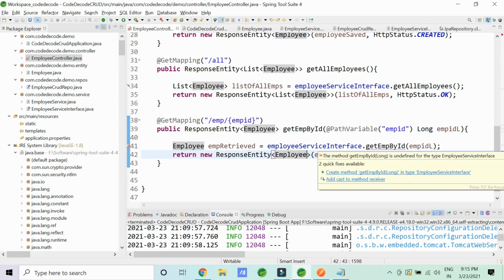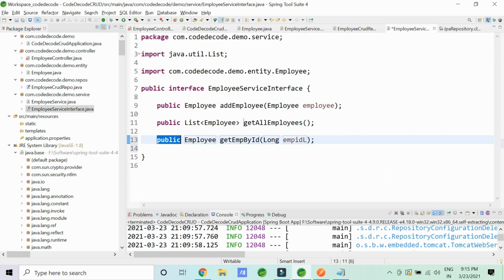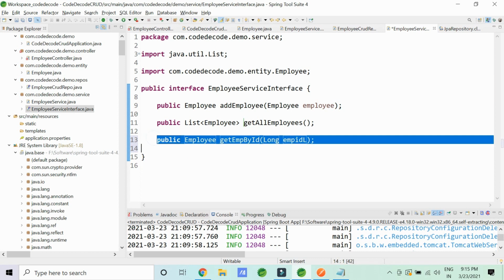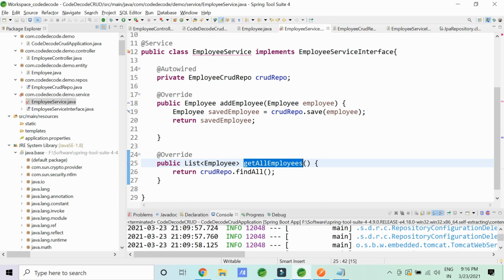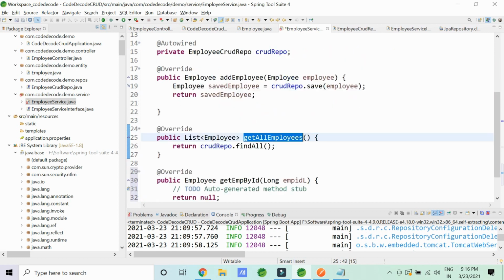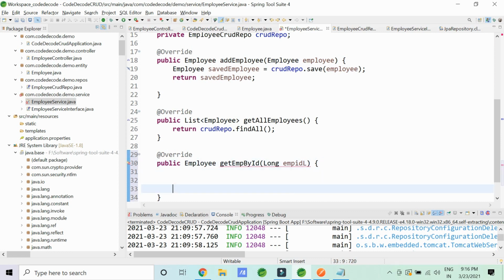Now it's crying that the employee interface should have a method created for it with a long as an argument. So I'm going to create it, and it's going to return me an employee instance also. So great, this is working perfectly fine. If I save this, my service starts crying that please add an unimplemented method. So when I click here, the unimplemented method is automatically created. So can you see, the IDE is actually removing all the problems you're facing with syntactical issues. You are just happy to create your own logic and code flawlessly in an IDE. So this is the power and charm of an IDE for you.